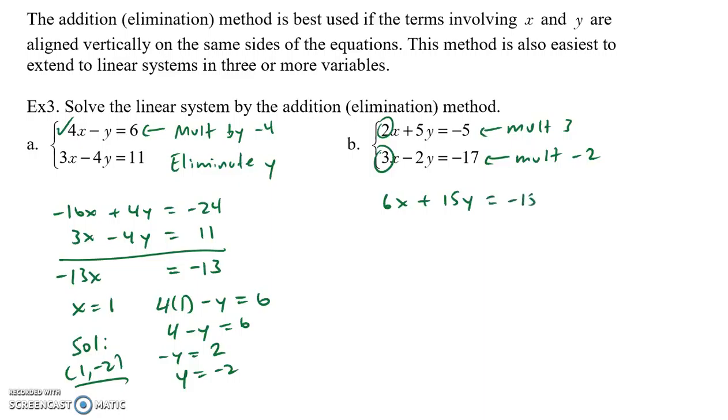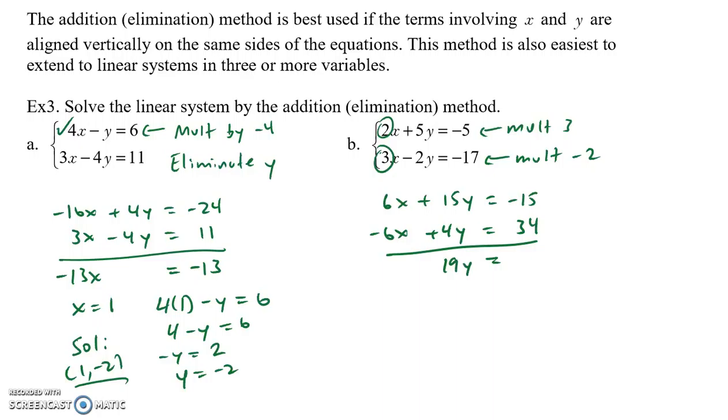15y equals negative 15. If we multiply each term in the second equation by negative 2, we obtain negative 6x plus 4y equals positive 34. Now if we add, the x terms will cancel. The y terms will add to 19y, and the right-hand side, negative 15 plus